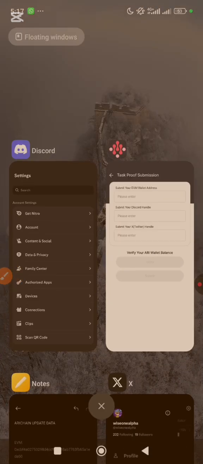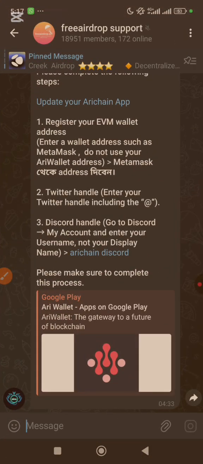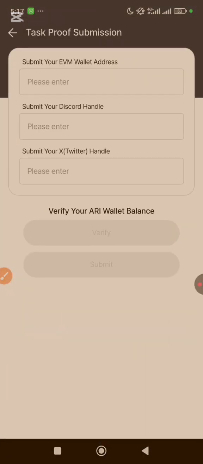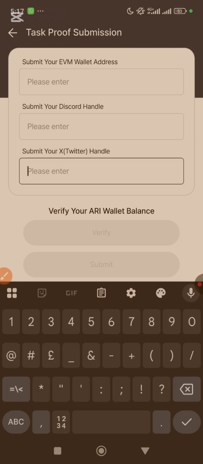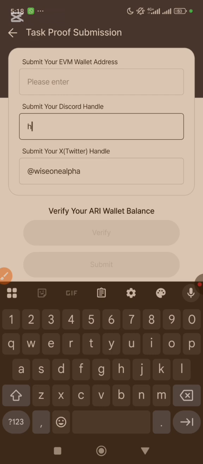For me, I'll go here and look at this information. For your username, you just type in the username that you are using on Discord. These are the information fields you can see here. When you're typing your Twitter handle, ensure you include the @. I'll go to my Twitter, and this is my Twitter. Then my Discord is at,